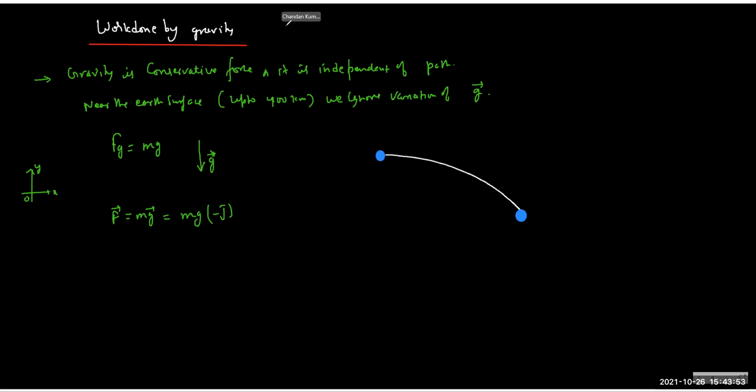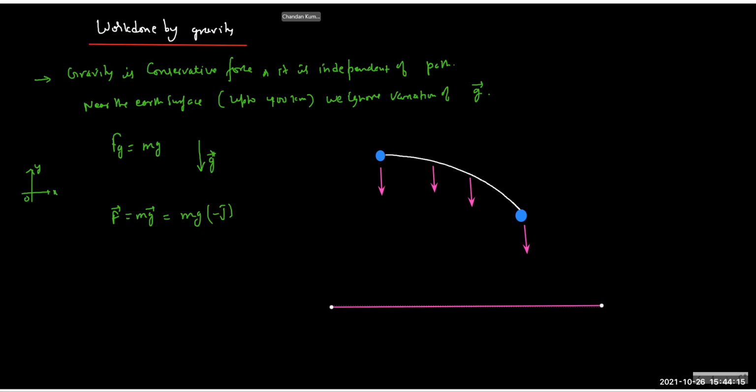So gravity is always acting downward, right? So gravitational force is always acting downward. No matter where you are, it is always acting downward. So work done by gravity only depends on the vertical displacement. Because I'm taking this as vertical, what matters is